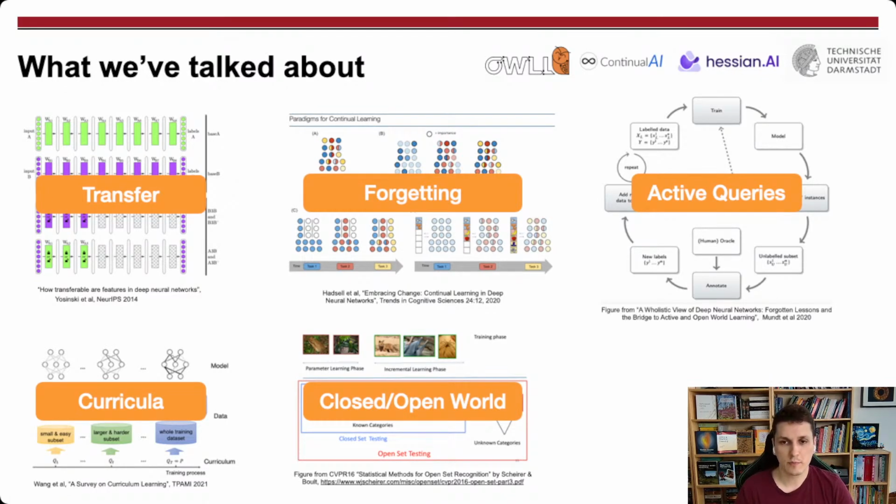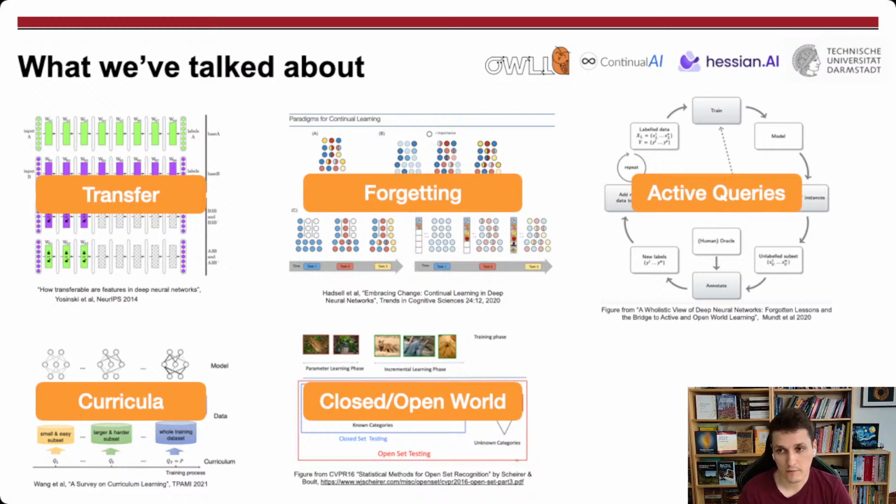So I've skipped the frontiers a bit, but let's circle back to them before going on. In a sense, the frontiers here were also always present. In forgetting, one of maybe the big frontiers is that there are these three perspectives on regularization, dynamic architectures, and rehearsal, and it's a bit unclear perhaps when to use what, which is something we've talked about a lot